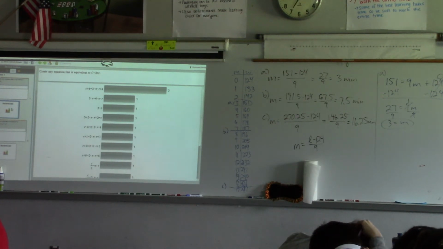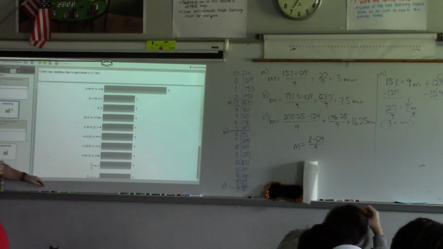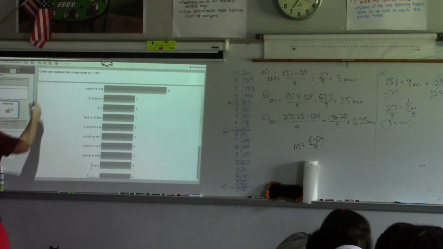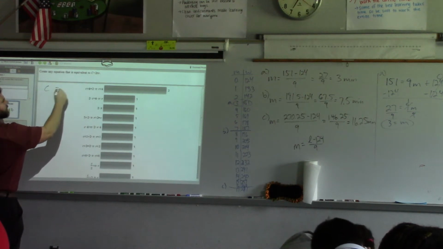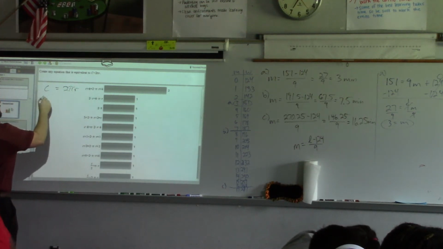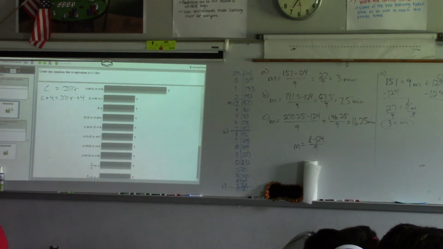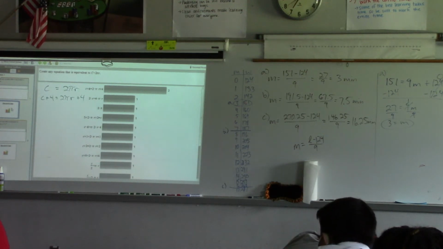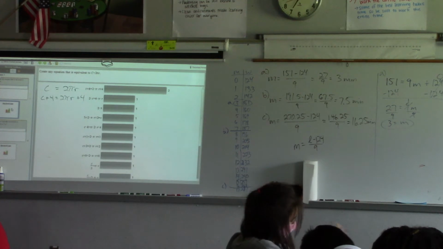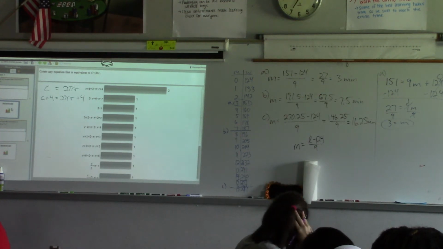So let's look at this though. I just asked, create any equation that is equivalent to C equals 2 pi r. So this first one here, we went from C equals 2 pi r to C plus 4 equals 2 pi r plus 4. Do you think that's equivalent? Yeah. Why do you think it's equivalent, Jalen? You add 4 to each side, so it could be the same answer. You added 4 to each side, so it gives you the same answer? What is that called? Equivalency. Well, they're called equivalent equations, yes, but what are you using that's creating those equivalent equations?